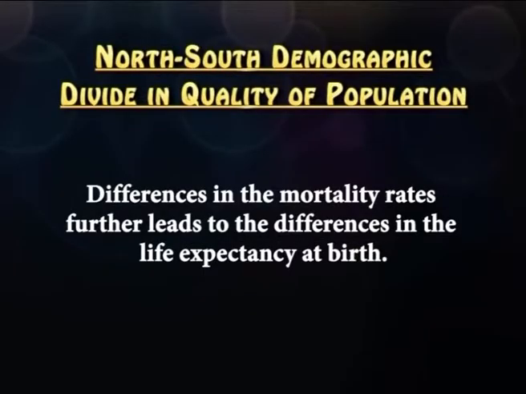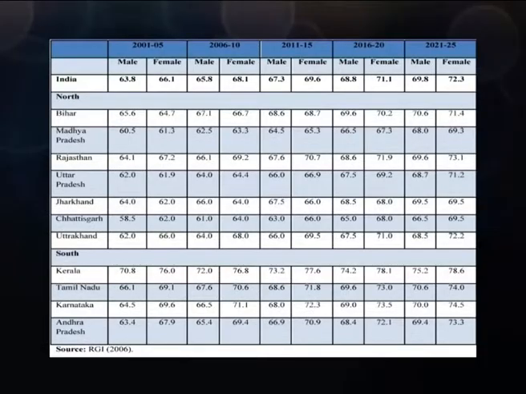Differences in mortality rates further lead to differences in life expectancy at birth. The past levels and the projections for the life expectancy in the north as well as the south can be observed from this table. The table shows that the life expectancy for males and females is expected to grow from respectively 63.8 years and 66.1 years during 2001 to 2005 to 69.8 years and 72.3 years during the period 2021 to